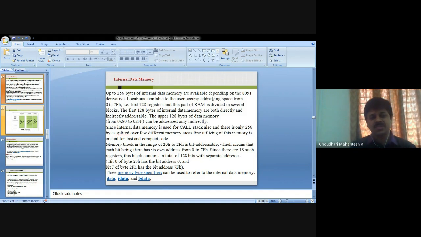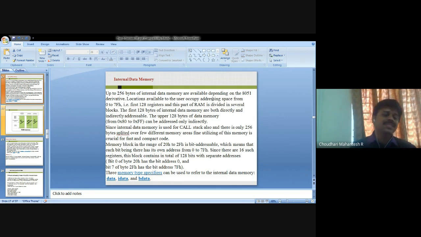The first 128 bytes of internal data memory are both directly and indirectly addressable. The upper 128 bytes, from 0x80 to 0xFF, can be addressed only indirectly.